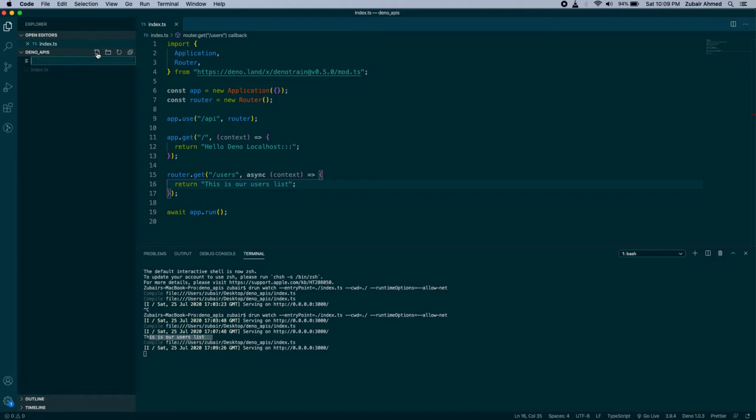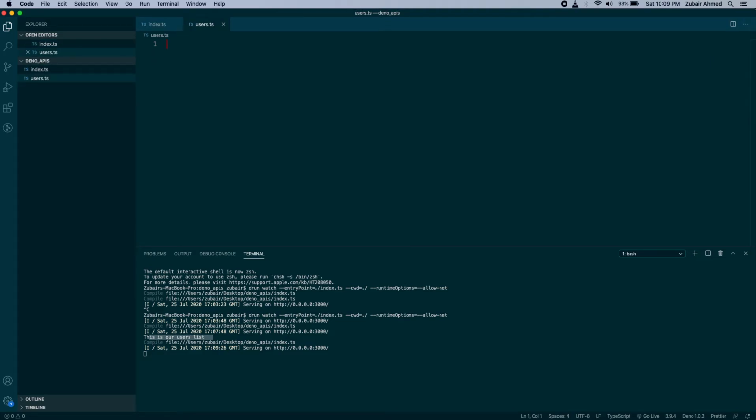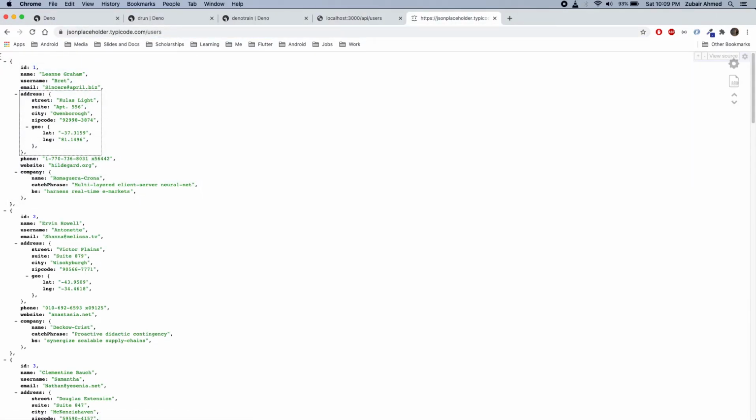Now we will create a new file called users.ts. In users.ts, first we will look at the response, which is quite clear: we have a list of users. We have an array with square brackets here, and then we have objects.